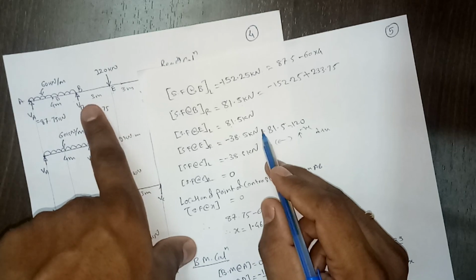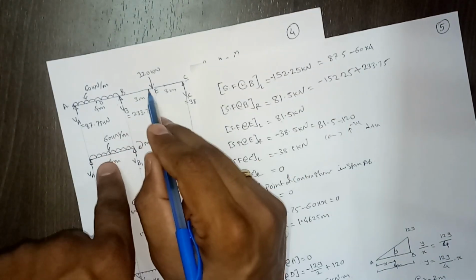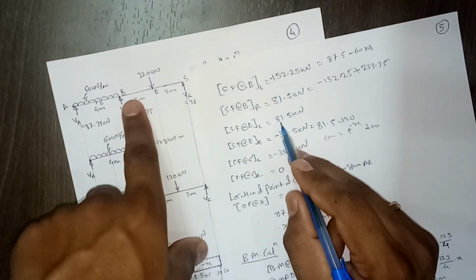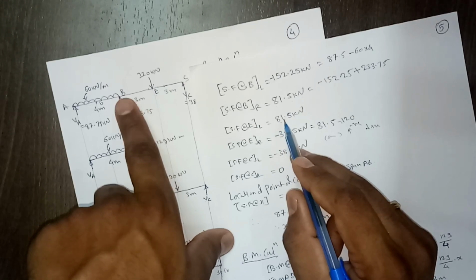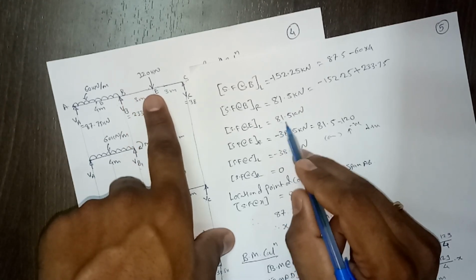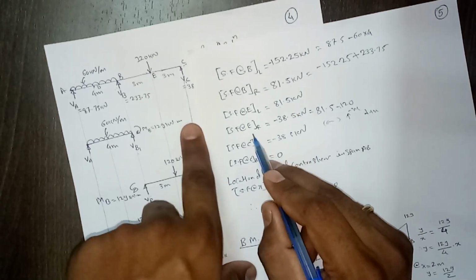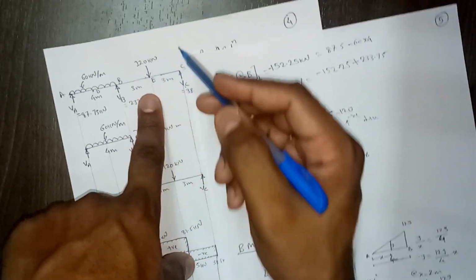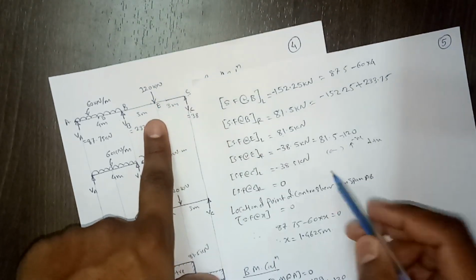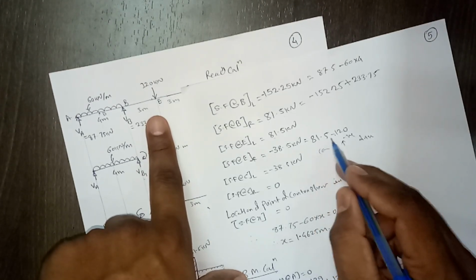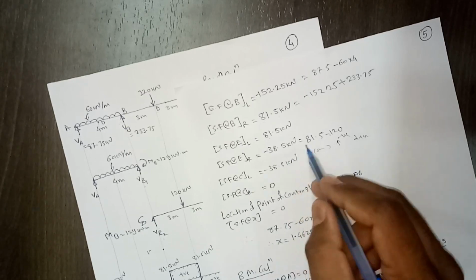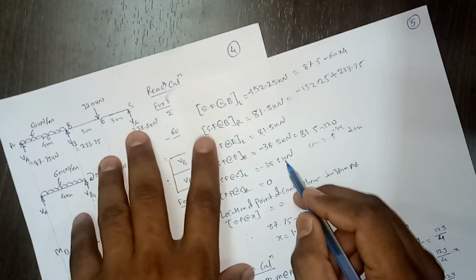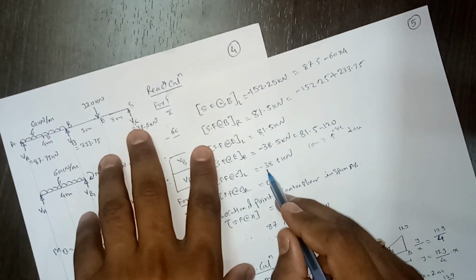Then the shear force on the left hand side of this E point: if you are on this side, there is no other force, so whatever shear force we get at B point will continue on the right hand side of B point, and it is 81.5. Then on the right hand side we now have to add this force, but as we are going from left to right, a downward force we consider negative. So that's how 81.5 minus 125, and the answer will be 38.5. Now at point C, it will be minus 38.5.